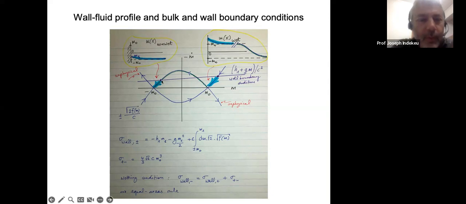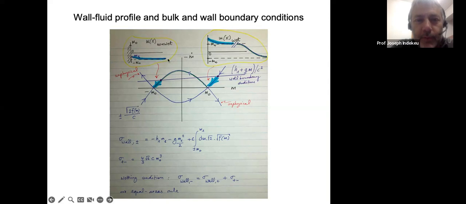Starting from this point, presumably we are at the local minimum of the interfacial tension, and the profile that we get is one that descends towards minus M0 from a value nearby. And you can see here in the profile plots that we're descending from M1, from the wall